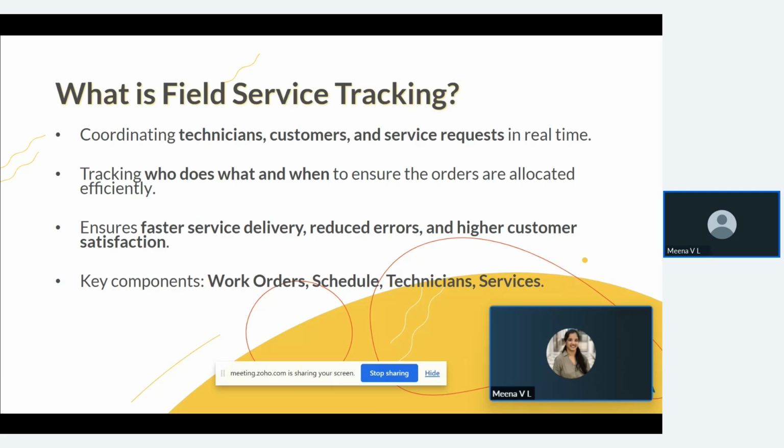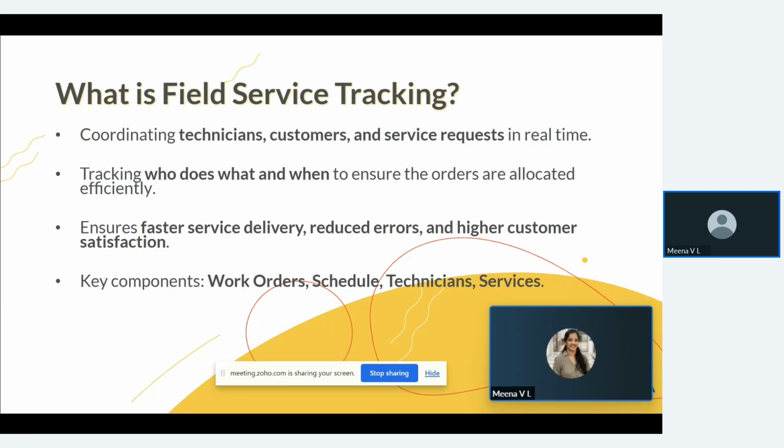Then the services module. Say, for example, I do two services. One is the RO installation, which may take around 1.5 hours for my technician to do in a new place, and the other is a service which can take up to 1 hour. In that case, I can set up a services module where I mention all the services that I do and the time it can take for my technician to complete the task, so that I can allocate his time accordingly. If I'm getting a booking for a new request, I would block 1.5 hours of his time according to the preferred time that the customer has mentioned.